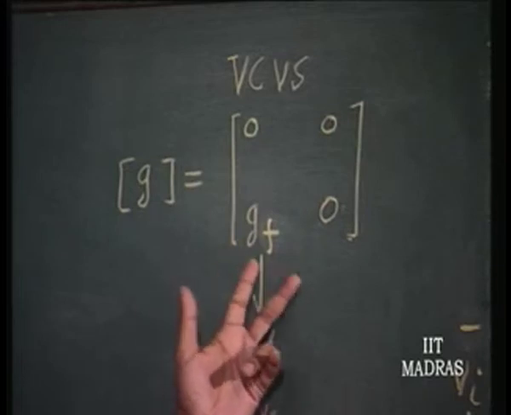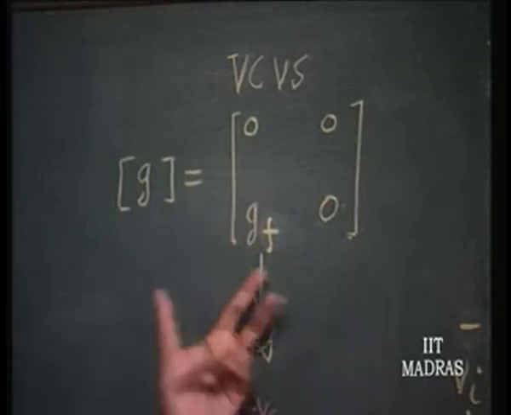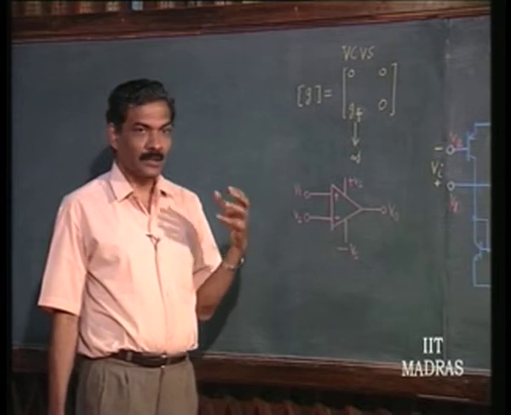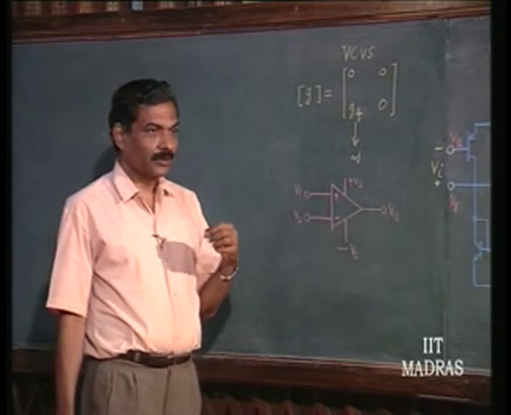And this finite forward transfer parameter in the case of operational amplifier will become very high or go towards infinity. Okay. So, this is the standard procedure for synthesis of any of these control sources,